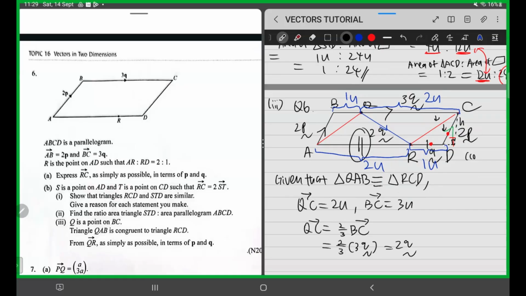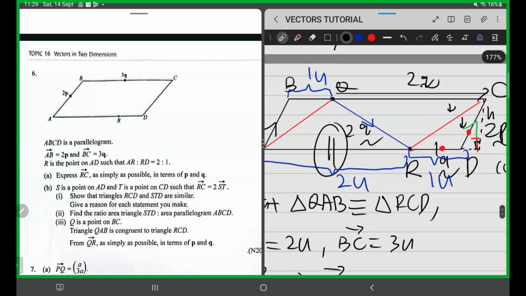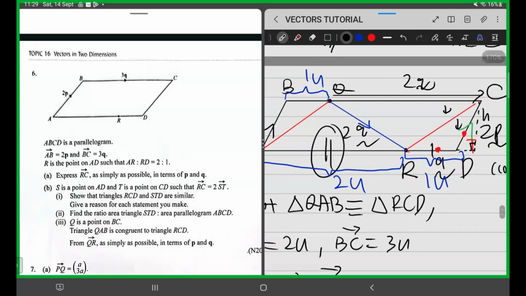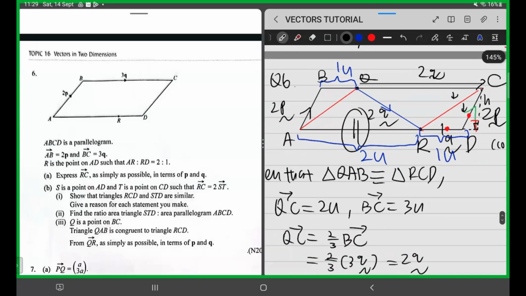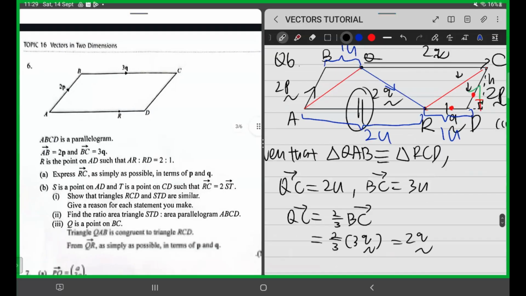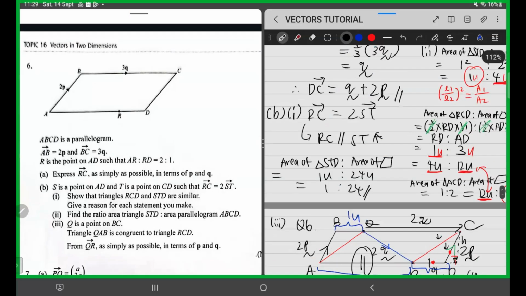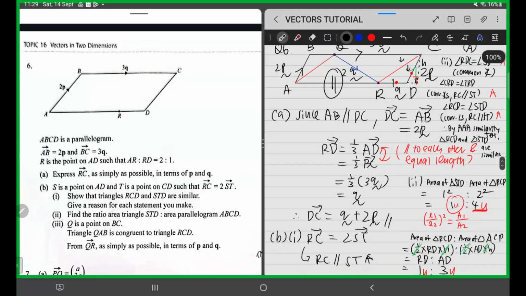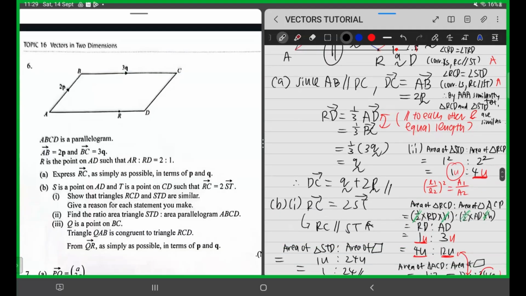So your QC here to here is 2Q. Okay, great. Because now we want to walk from Q to R. So we just need to find QC, and then we just need to find what is CR, right? And then earlier on in part A, we found that RC in part A is